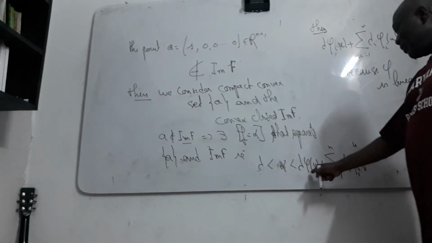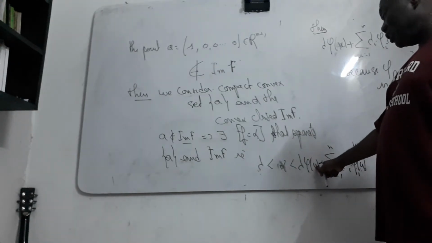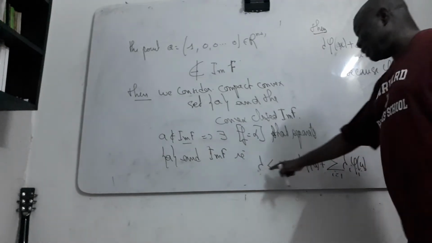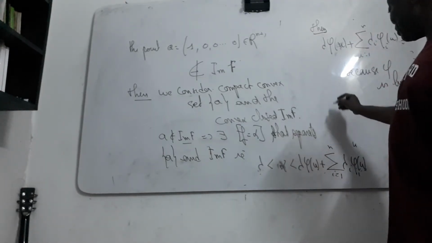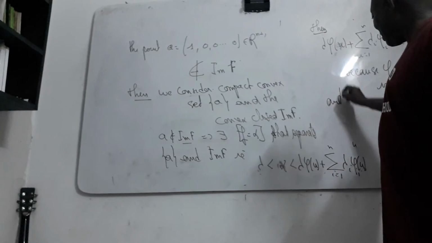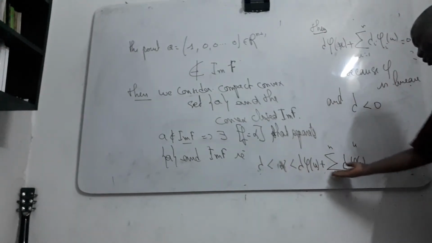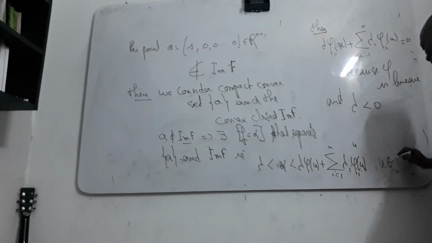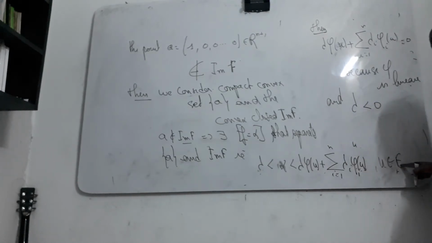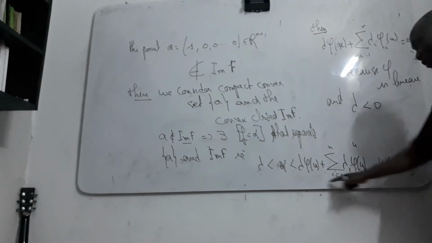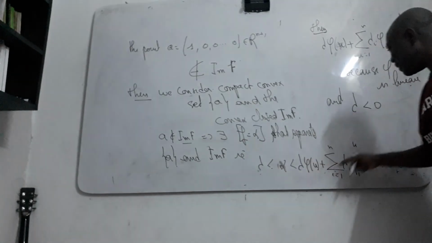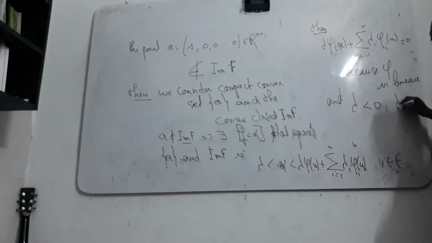And from here, you can put u equal to 0, it must be equal to 0, then this lambda is necessarily equal to 0. And lambda is less than 0, because this is true for all u in E, which contains 0. When you put u equal to 0, you have 0 here. So lambda will necessarily be less than 0. Then lambda is not equal to 0.